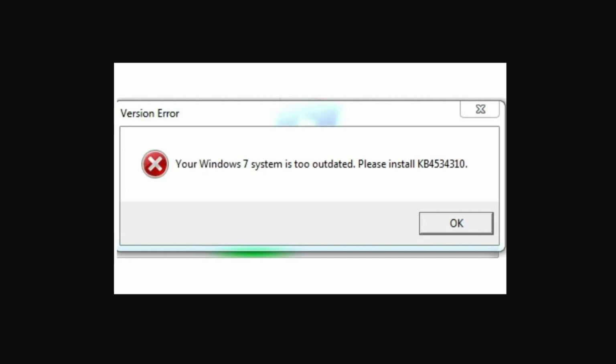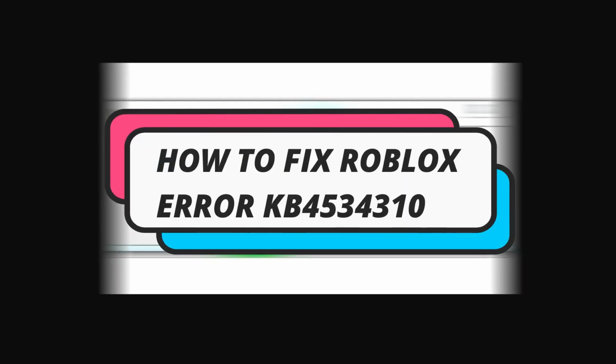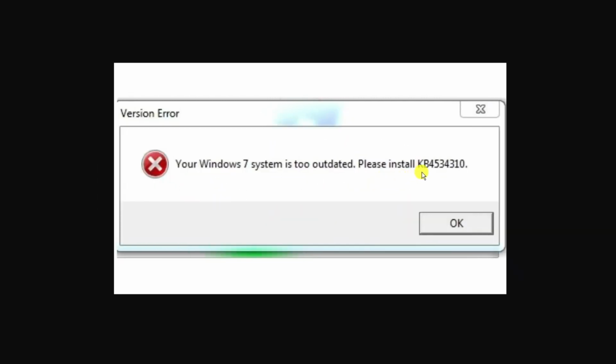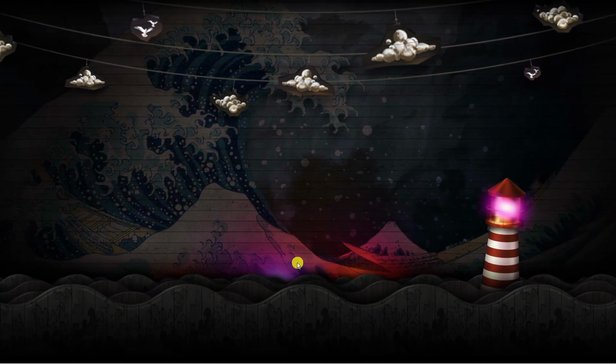In this video, I will show you how to fix if you're getting an error when trying to play Roblox which says that your Windows system is too outdated with this code of KB4534310. So let's jump straight into it. So in order to fix this, the first thing you're going to want to do is come to your desktop